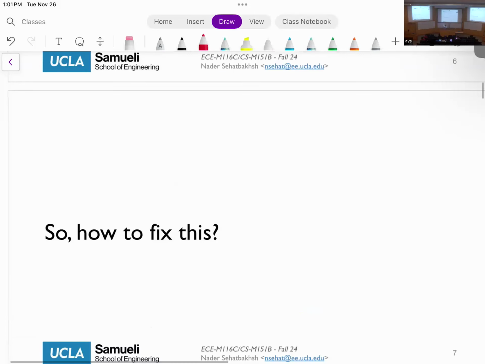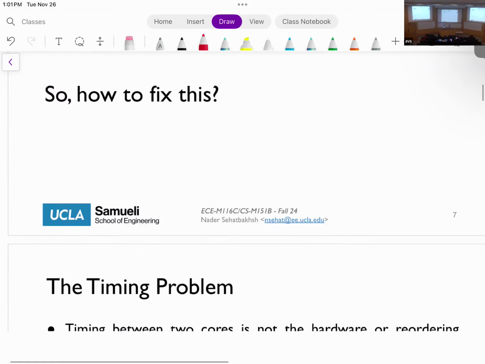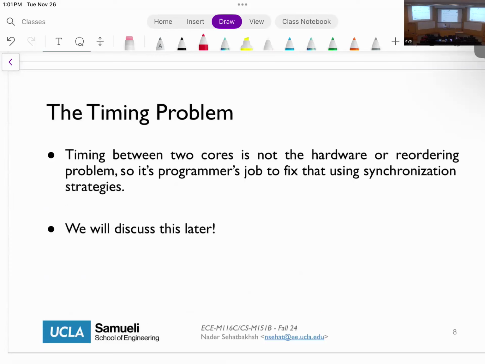So how do we fix this consistency problem? Remember, there are two reasons for this. One is race conditions in the software that you wrote. And the second is that the hardware might also decide to reorder things on top of the bad code that you write. So that makes things very convoluted. So how do we fix this? The first fix that you should do,